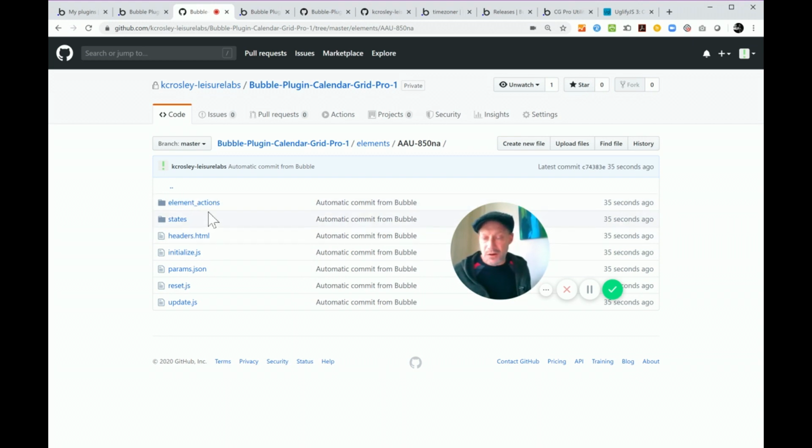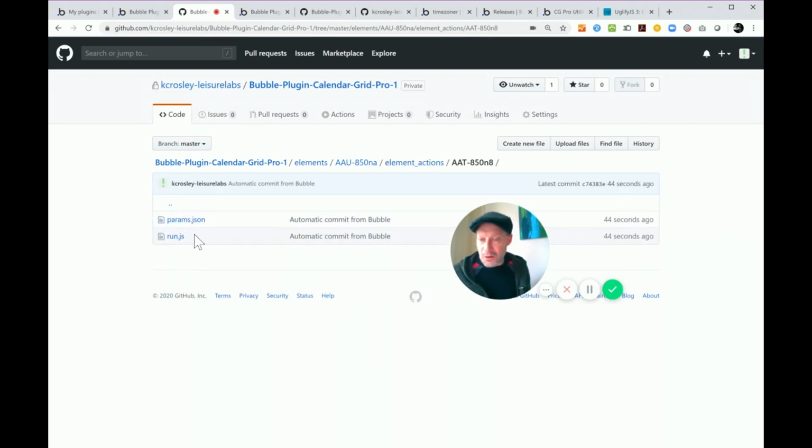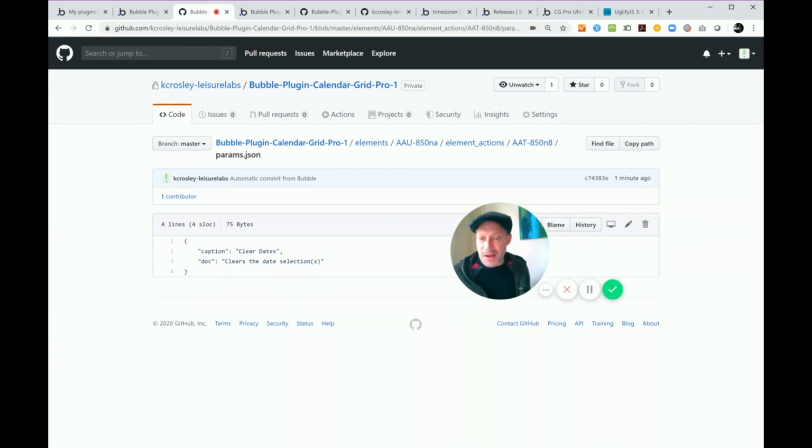the old version. Okay? If we look in here in AAU, we're going to see params clear dates is the first action. There we go. You'll notice something else kind of interesting. So let's see, elements AAU, element actions AAT. You will note that even though Bubble has given this plugin a new top level identity, the identity of its